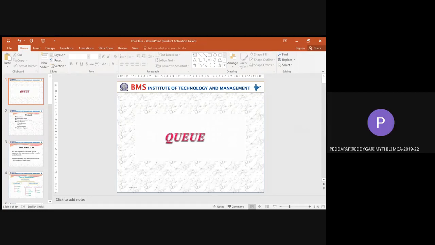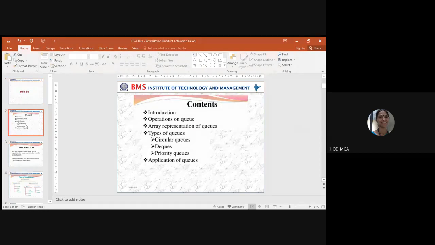Yes, ma'am. Okay. So today's session, let me start with queue. What is a queue? We will go into the operations on queue, how arrays are represented using queues, and the different types of queues, and maybe I'll also take up the program that we have done on queue, so that you will also get an idea of a quick recap on how much ever we can finish. Let us try to do that.